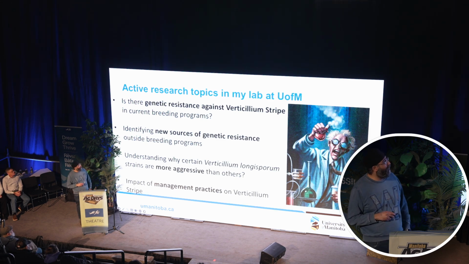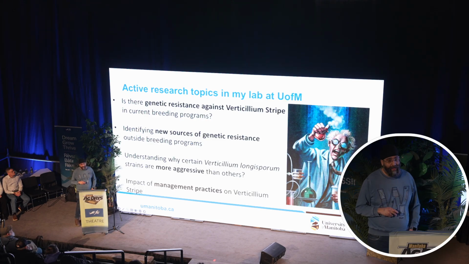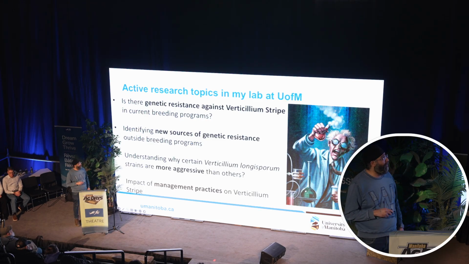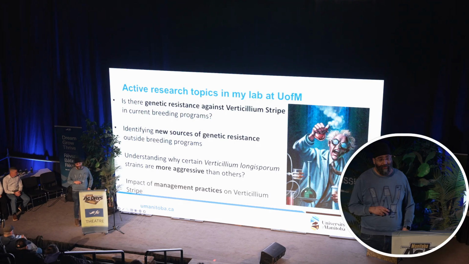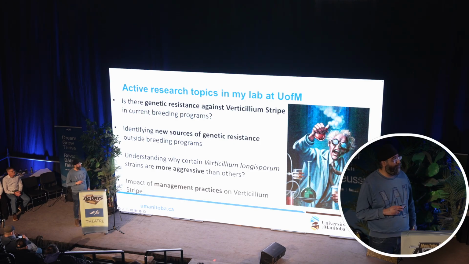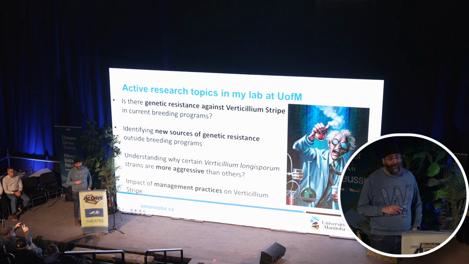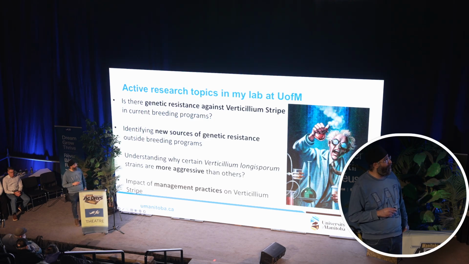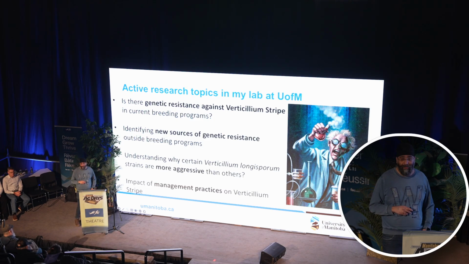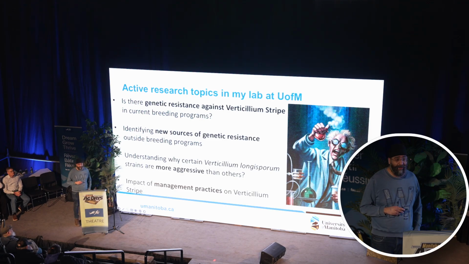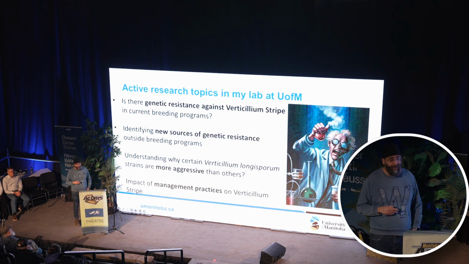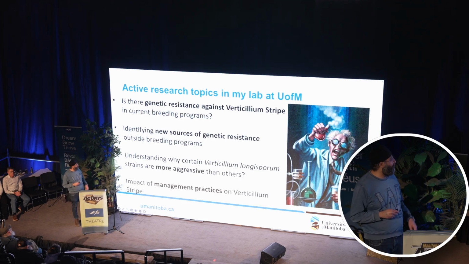Moving on to some of the research areas which we have been exploring in my lab here at the University of Manitoba. The biggest question we are trying to answer is if there is any genetic resistance which is already available in the breeding programs. We partner up with the private seed companies and the public breeding program at the University of Manitoba and AFC in Saskatoon. We test those varieties using the methods we have developed and try to see whether there's resistance. And actually there is some good news there: we have found some very promising sources of resistance, and we are further working to confirm our results.